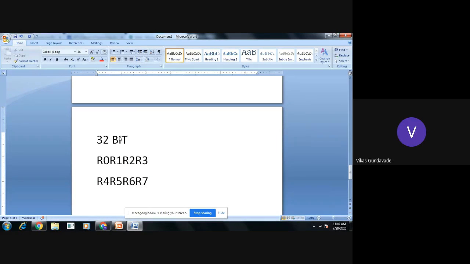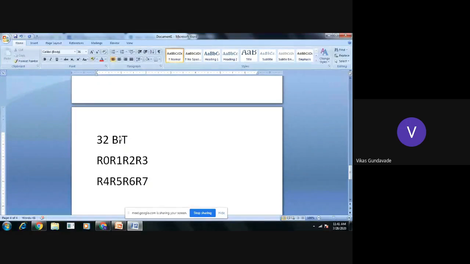So to store only two 32-bit numbers, we need to use 8 registers. R0 to R3 hold one 32-bit number, and another 32-bit number will be available in R4 to R7. Now to make the addition, we need to use the accumulator and other registers to store the result.